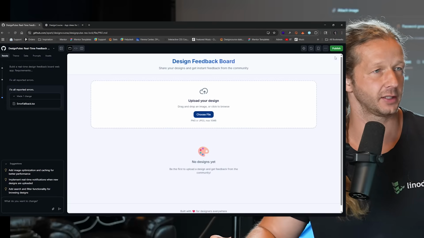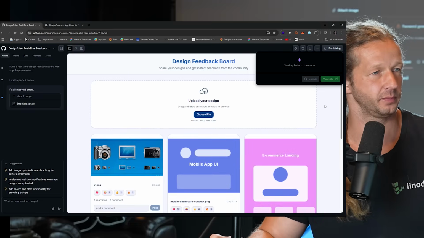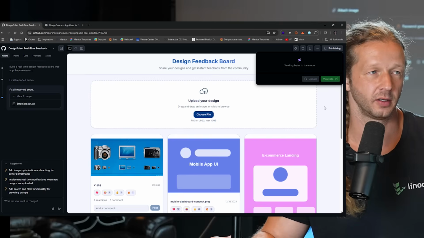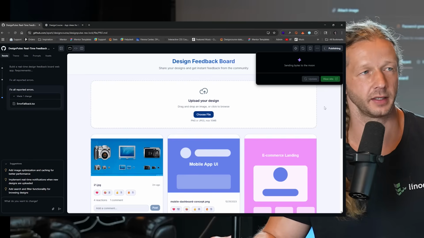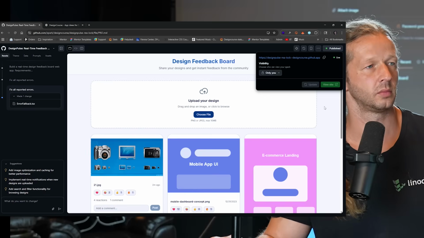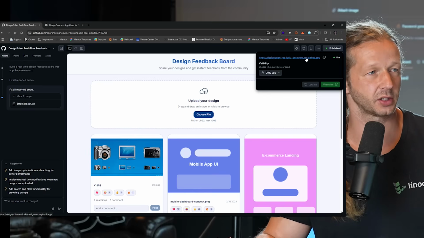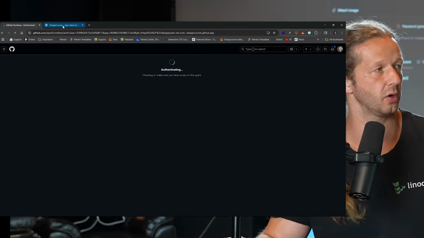All right, let's try clicking publish again. Come on, please work, please work. For GitHub Spark's sake, rather. All right, it says it actually published. So if I click this URL,